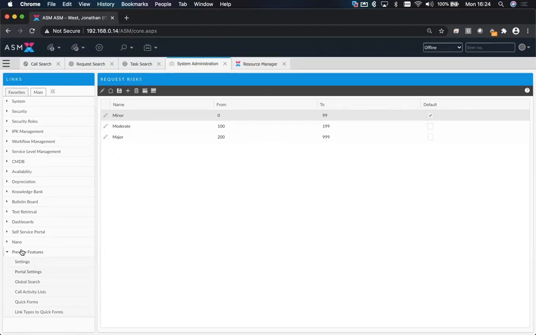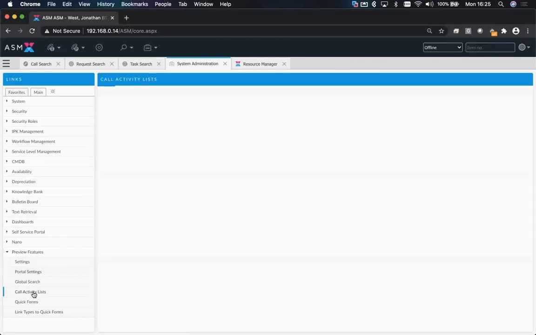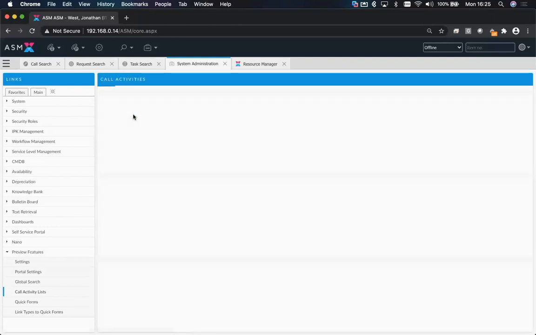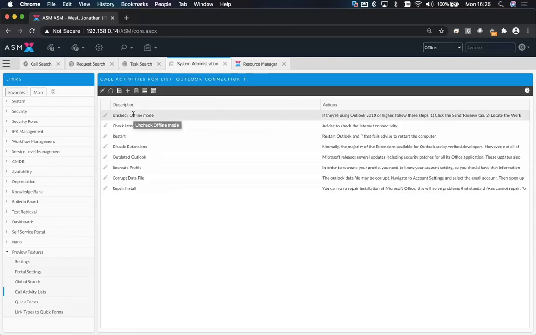Again, within the preview features, if we go to call activity lists, within the system we've got 3 predefined call activity lists which are already created. So I have Outlook connection and troubleshooting, connecting to the VPN, and Microsoft Teams sign-in issues. And you can add new ones by selecting the plus icon. But if I go into one which is already defined, you can then output a